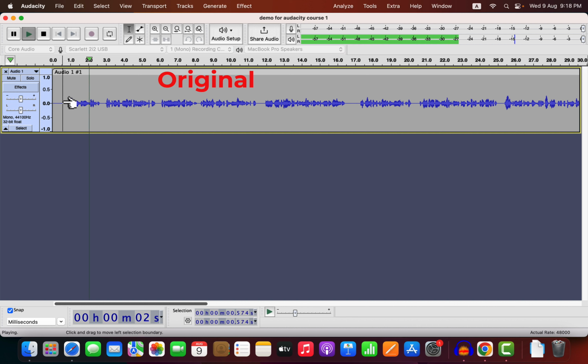Why you should use Audacity? Audacity is a free audio recording and editing software available on Windows, Mac and Linux. It has the easiest user interface among the audio editing software. Even if you are a beginner,